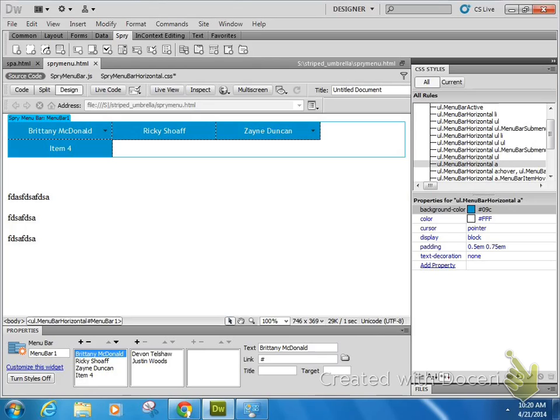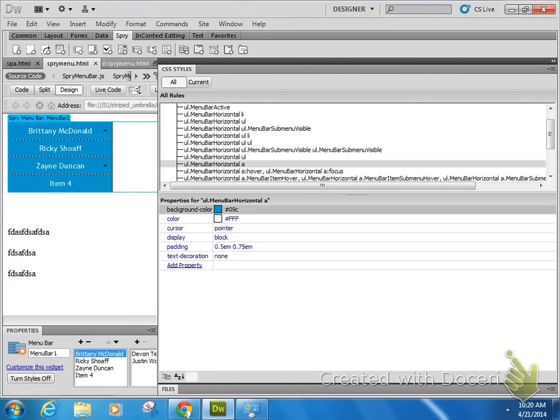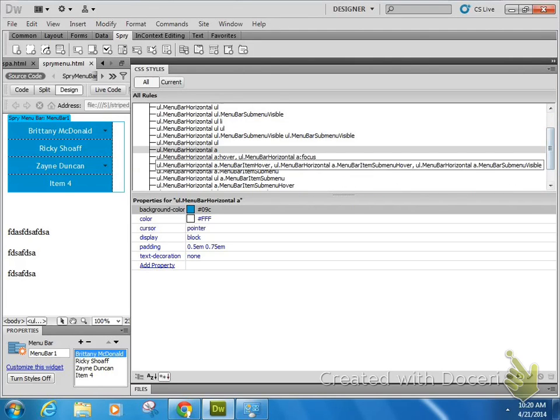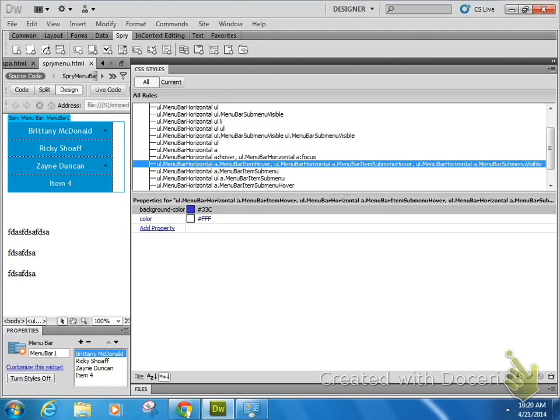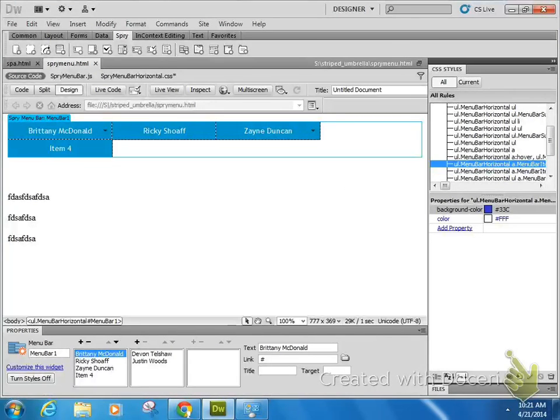Then you're going to find the longest rule name. The easiest way to find the longest one is just expanding this CSS style and scrolling up and down. This is obviously the one that is the longest one, and you're going to change this again. This is the mouse over action, where you're mousing over, you're clicking, and what the colors are supposed to look like there. So you're going to be changing that as well. Do not